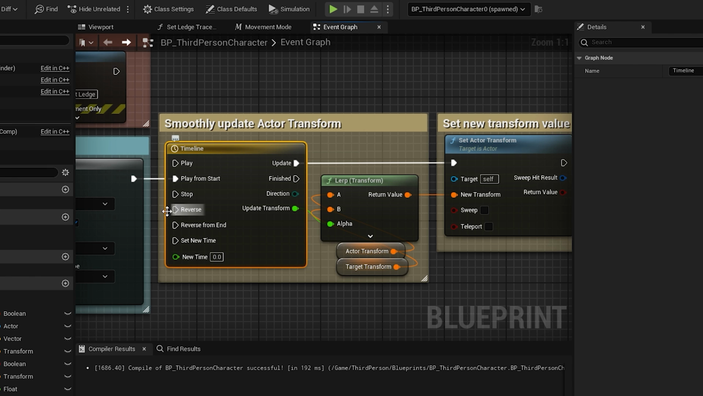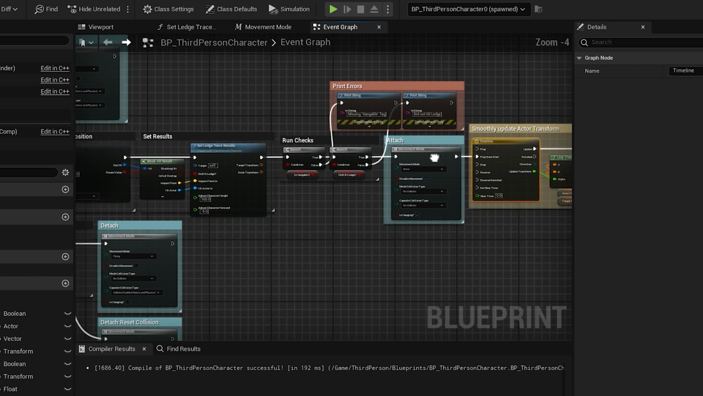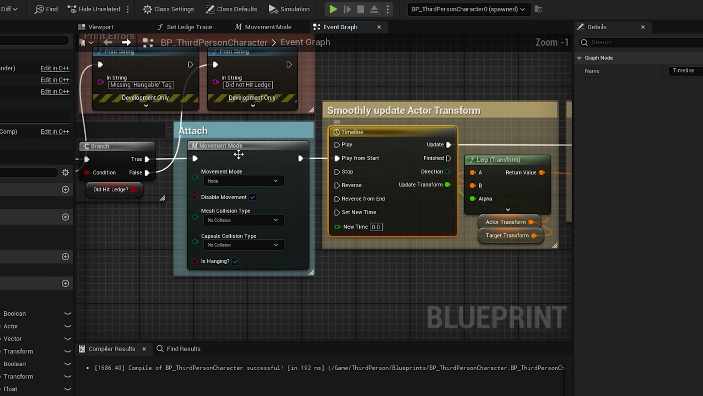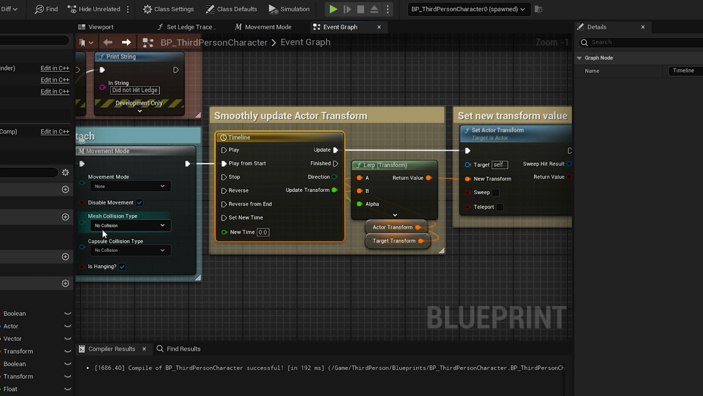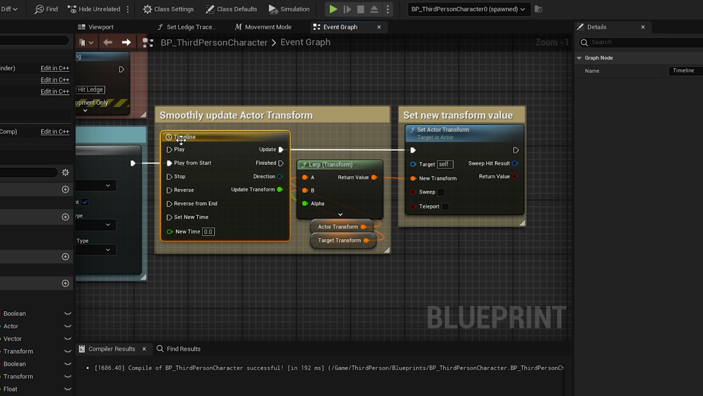So to this timeline, I set it to play from start after all these checks. Firstly, I set the movement mode, the way the character has to behave. And now we're going to run this timeline here. So if you double click on that,